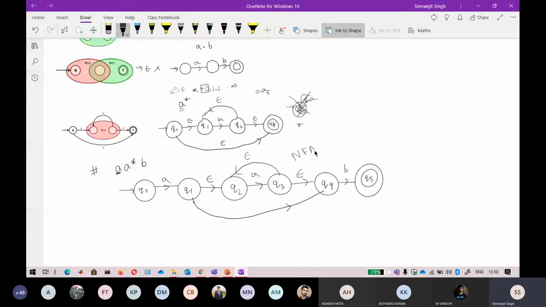Okay, so in this particular case we get an epsilon NFA. Then you have to check those conditions that I have told you, that there should be only one final state. The transitions from one state will be at most two. So again, all of those conditions have to be satisfied. Only after checking it can you say this is a valid Thompson construction.